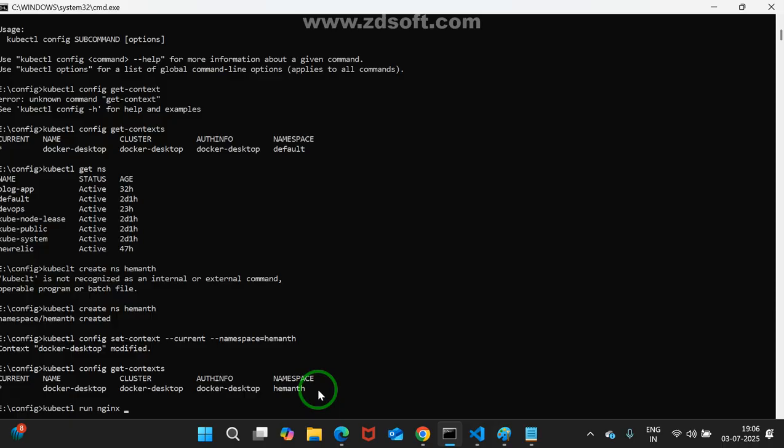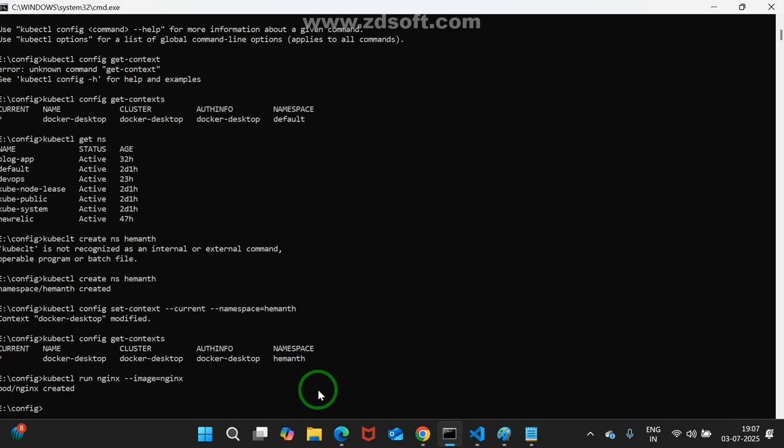Generally, if you want to create a resource, what is the main property? --image=nginx. Is it created or not? Created.